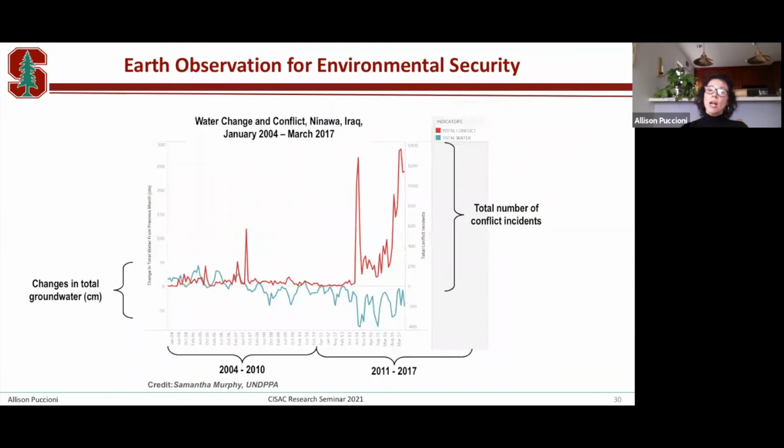For decades, Iraq has been rife with conflict. We compared conflict incident reports with total water change between 2004 and 2017 by building a double y-axis graph. We've spoken to a number of conflict experts who caution us against ever drawing an inkling of causation between environmental scarcity and conflict. Nevertheless, in early studies, we have seen statistical instances of correlation in this country,